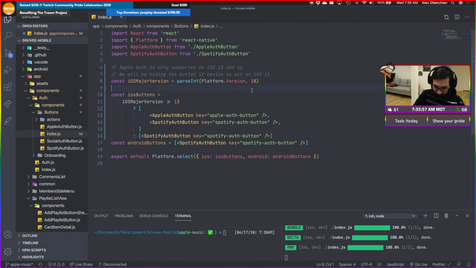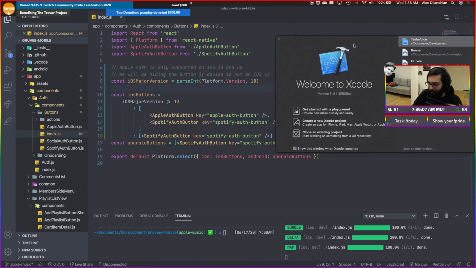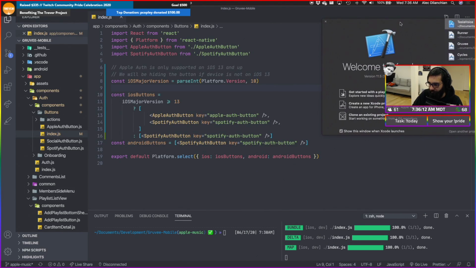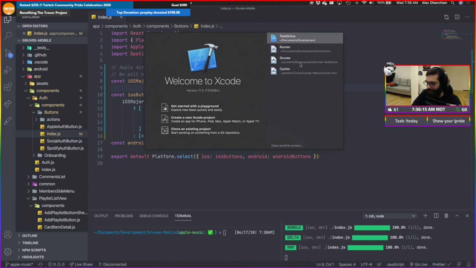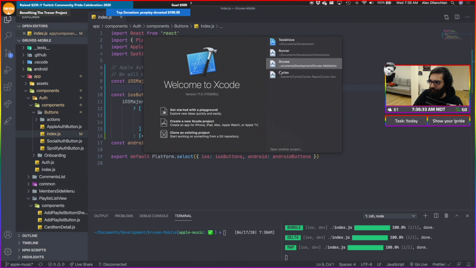So now we just need to, we got to go to Xcode. It's been a while. Let's open up some Xcode. Why was I going to Xcode again? Oh, right. I was going to see the simulator, which simulators I have, because I don't really remember.